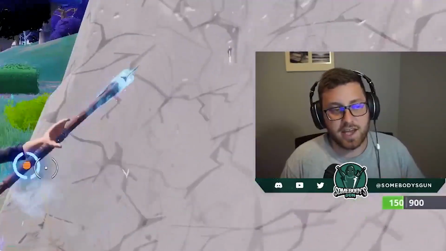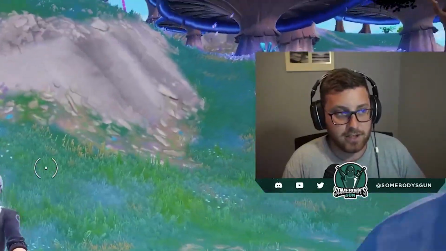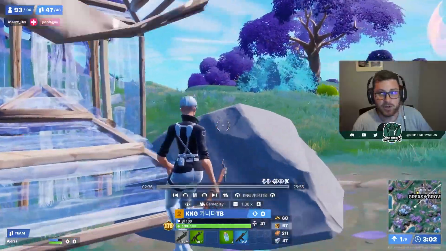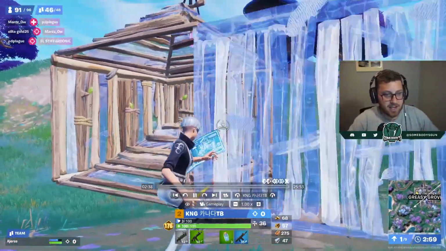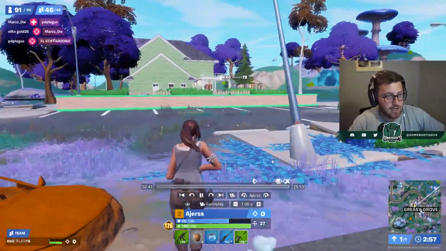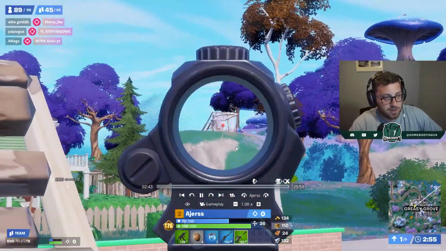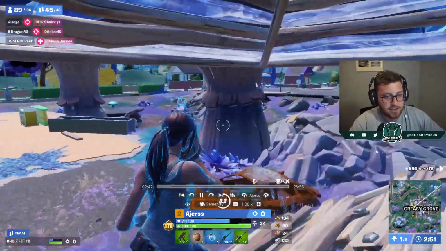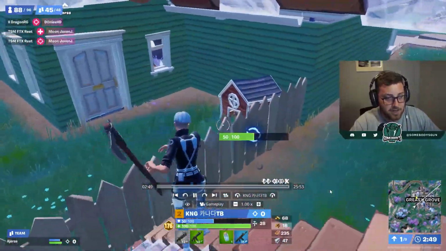Just taking a look, these guys have been playing together for a while. They clearly know how one another play. This is an interesting little piece here. Khanada gets tagged up pretty big, and instead of just letting him get jumped on, Ajerss looks to support him and pressure the players right above him. This is a huge help and allows Khanada to get some heals off, back on off, and avoid this fight